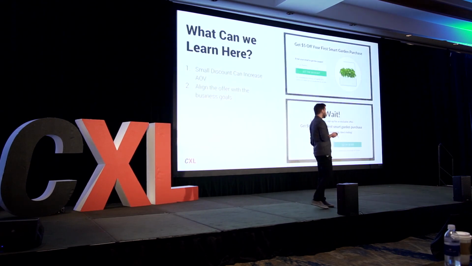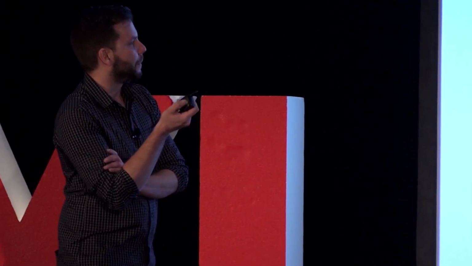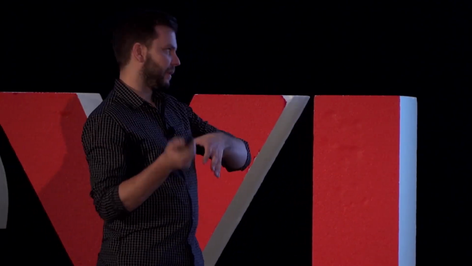So, the small discount can actually increase the average order value. So that's kind of surprising. Like, it's not surprising that giving a discount will increase the conversion rate. That's pretty self-evident. But basically what happened in this case, the only way that AOV could increase is that people are willing to buy more plant pods. Because that's the only product they have. There's just either the smart garden or the plant pods. So it turned out that giving a bit of a discount made them not only more likely to purchase, but they wanted to shop around a bit more and maybe spend some of the money they had originally been planning to spend.